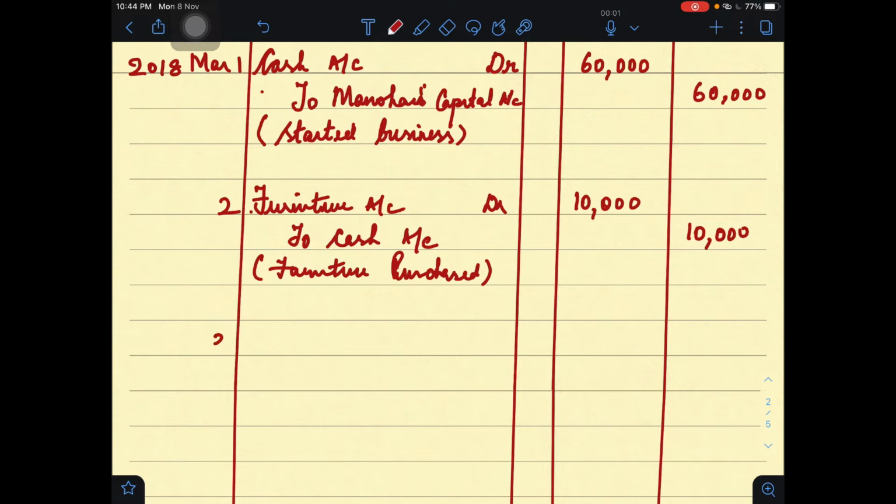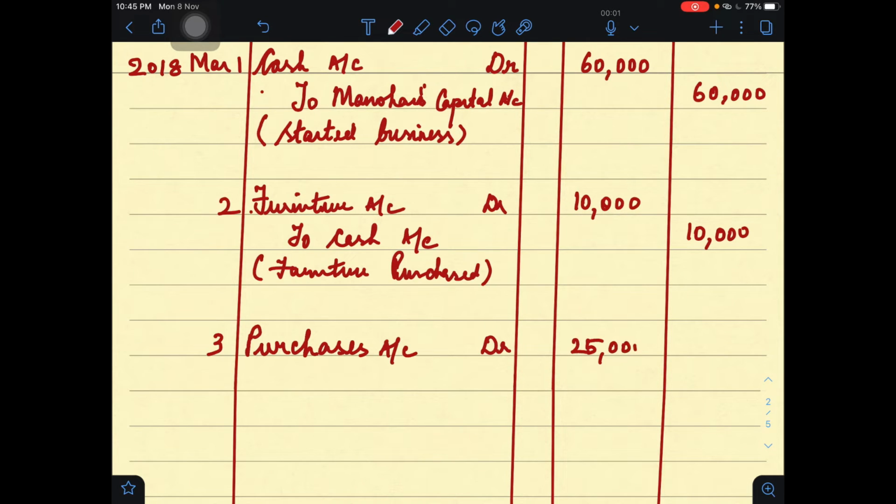It says that bought goods for cash. So in the case of purchases only, we mention it as bought. Instead of mentioning stock, we will give the word purchases. Now what is the actual nature of purchases? Here purchases will be nominal because it is considered to be an expense. In the case of nominal, what is the rule? Debit all expenses and losses. So we will debit purchases to the extent of the amount